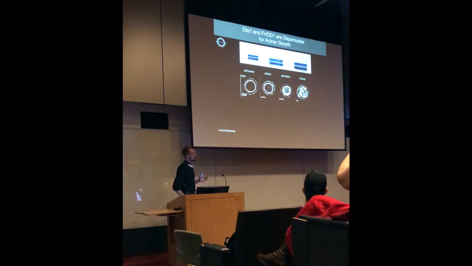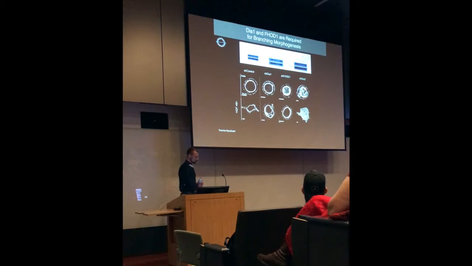But otherwise, at least as assessed by actin, these different cell lines seem to be fairly similar to the control. And then I asked the same question as before, obviously. So if we add HGF and we ask them to undergo branching morphogenesis, what happens? And encouragingly, knockdown of Dia1 and knockdown of FOD1 prevented branching morphogenesis to similar degrees, whereas the Dia2 knockdown still